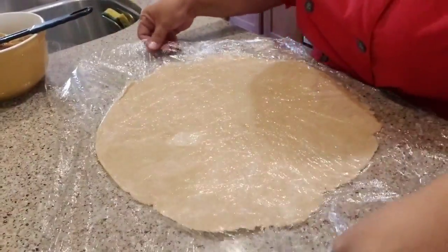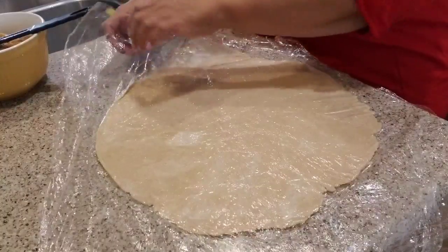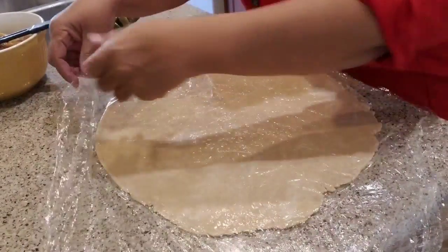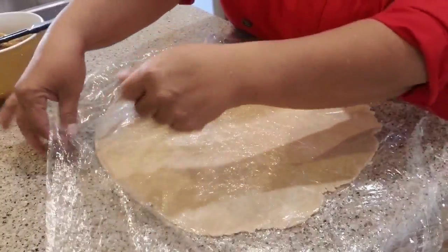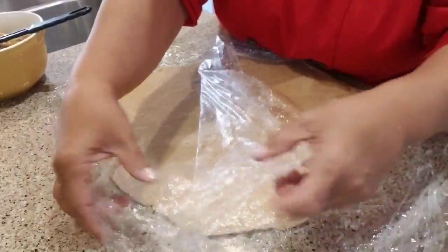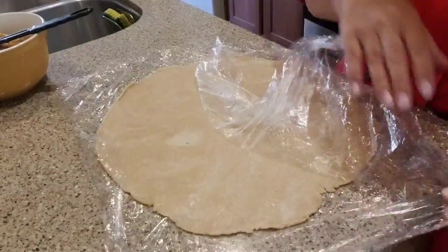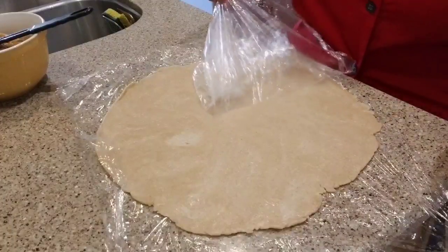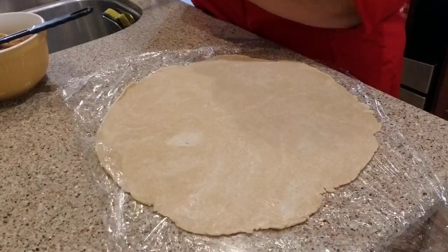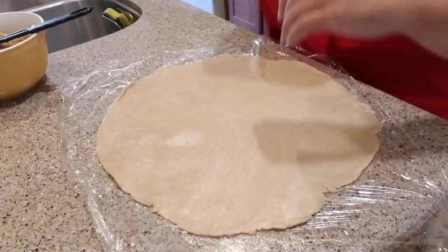All right. I love this part. It's airtight. It is so airtight. You don't have to worry about pieces getting hard. And it's so darn pliable, which means it's so easy to use. All right, I'm gonna get my pie crust,